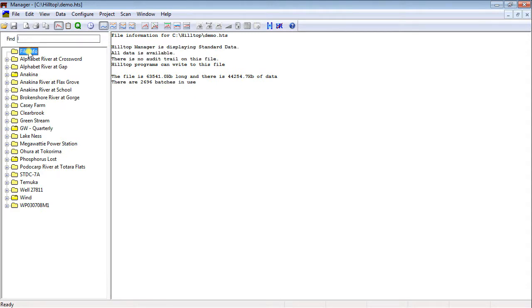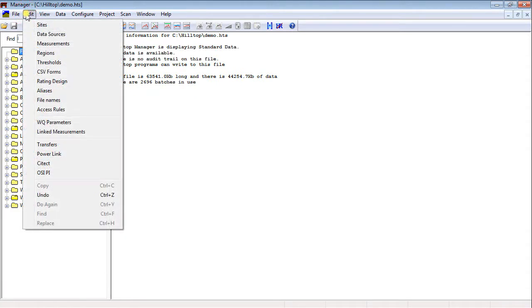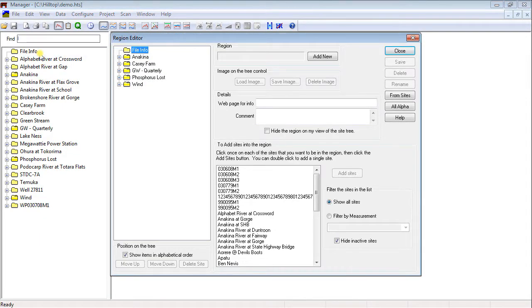Regions are defined in Manager, and you add, remove and edit regions in the Regions editor here. The tree control shows the present arrangement of the regions. You click on a region to rename it, delete it, or make changes to the information and sites associated with